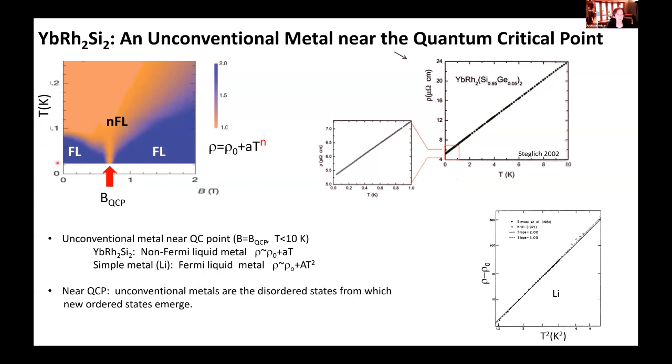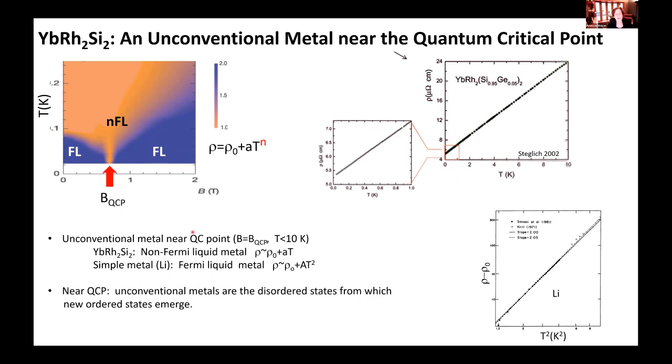So what you can see is at the lowest temperature, at both low field and high field, you see conventional Fermi liquid behavior in the ordered state and in the disordered state. But right where you're transitioning between those two states, you see something completely different: the resistivity is linear with respect to temperature. It seems so simple, right? How could this be significant?